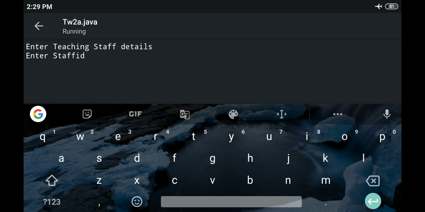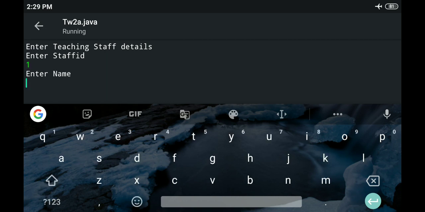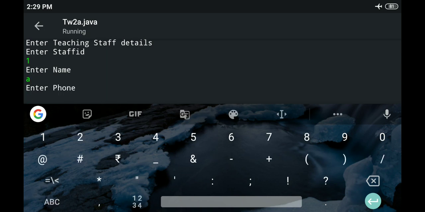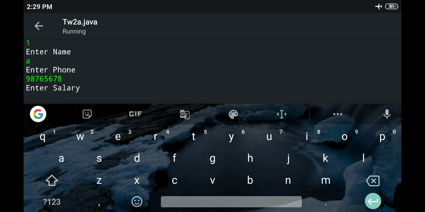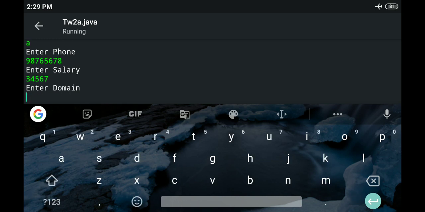Very first time, it is asking us to enter the teaching staff details. So it is asking us for the staff ID. Let us say it is 1. It is asking for the name. Let me give it as A. Phone number. And then the salary. Then it goes on to ask the domain of the faculty,